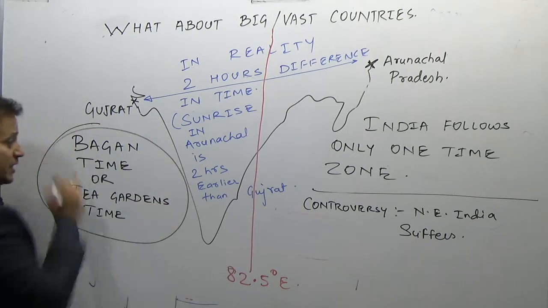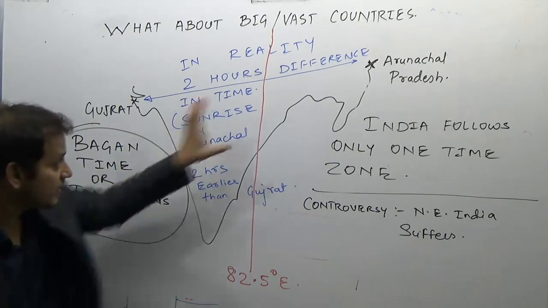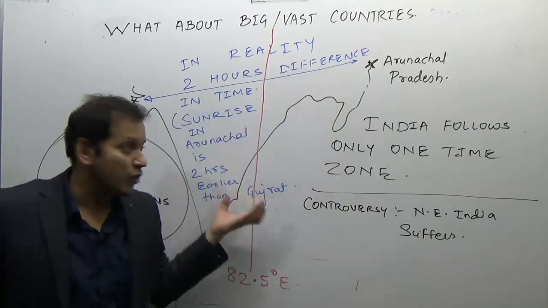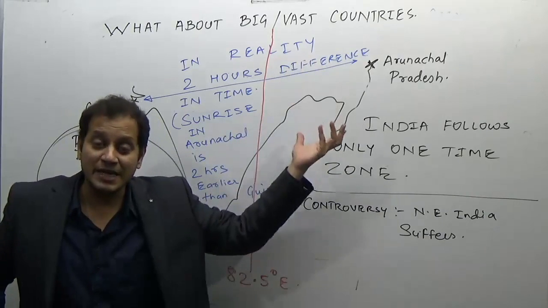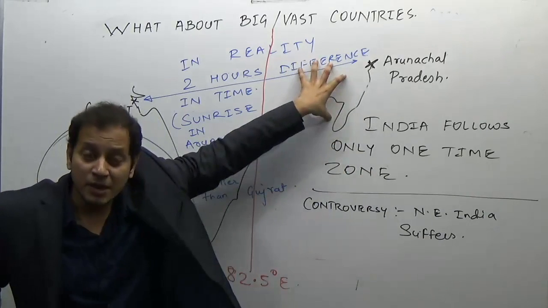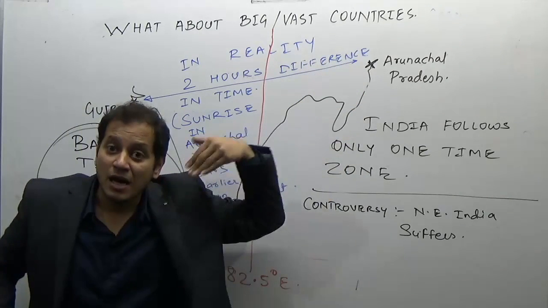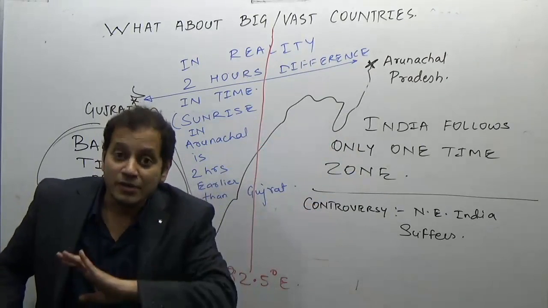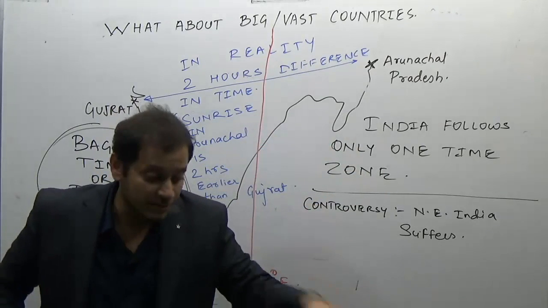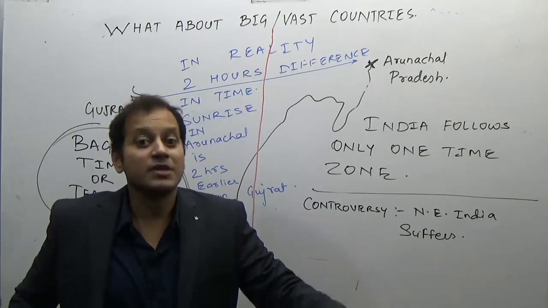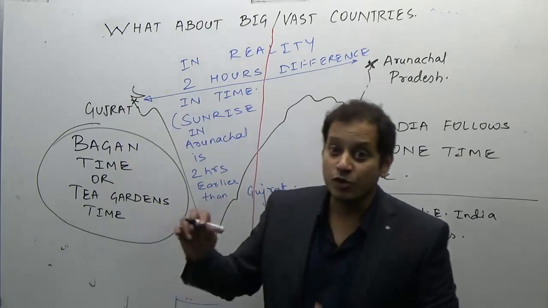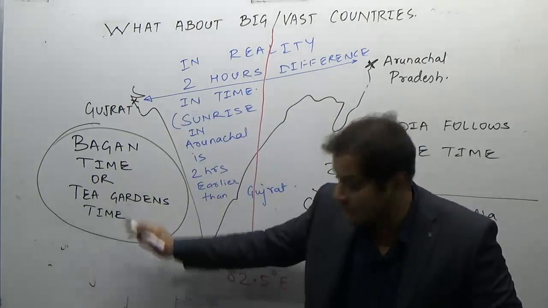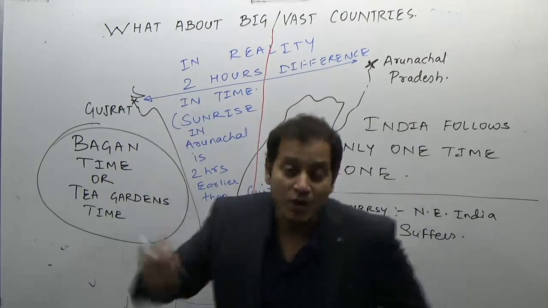Why do they have their own special time? Because where are the tea gardens located? Most of the tea gardens are located in the northeastern part of India. If they follow the official standard time, then they will be getting up late. That is, they will be coming to work in the tea gardens much later, 2 hours after sunrise, and they will be working in the dark. This does not happen. Farmers work during the daytime, mostly during the early morning, because that is the most proper time to work. Therefore, to avoid this controversy, our tea gardens follow the tea garden time or Bagan time,